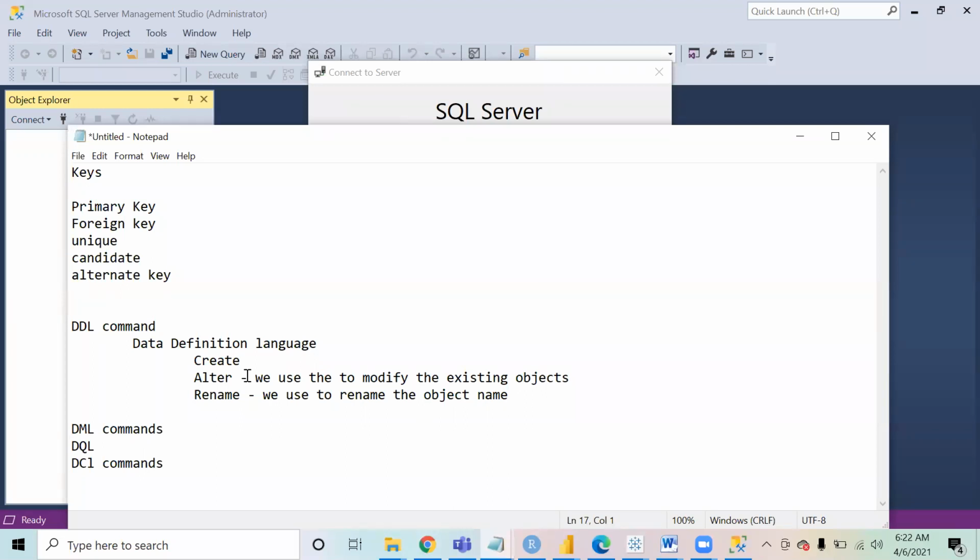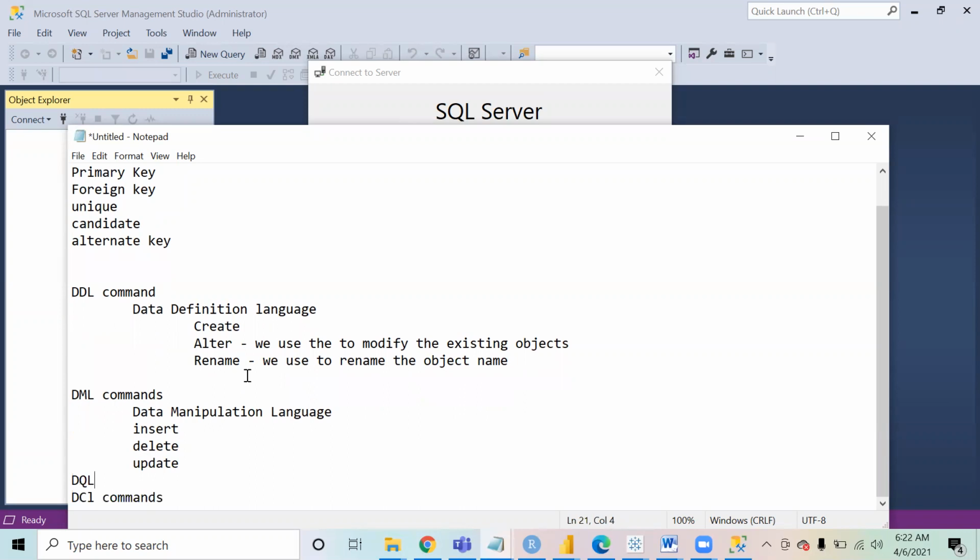Then we have data manipulation language. DML stands for data manipulation language. In this, we have commands like insert, delete, and update.